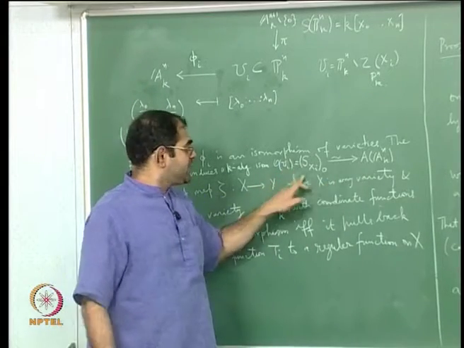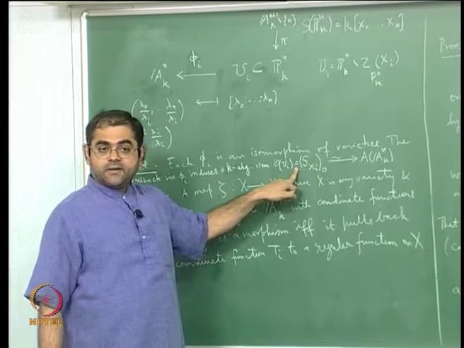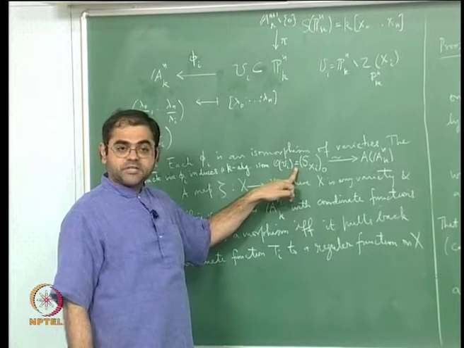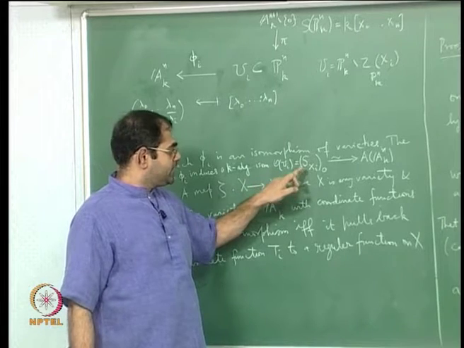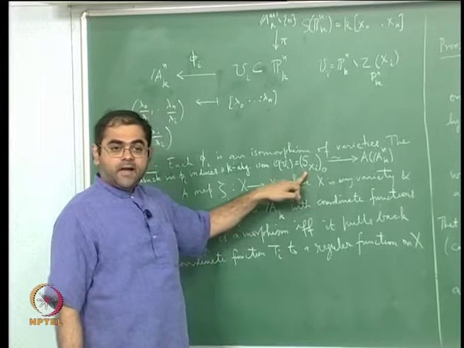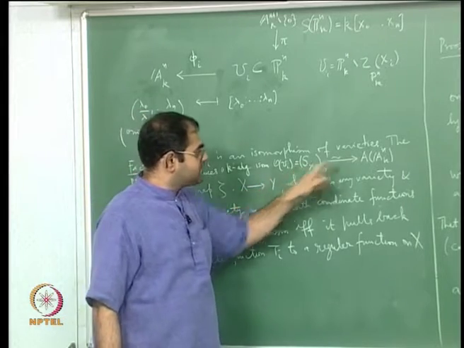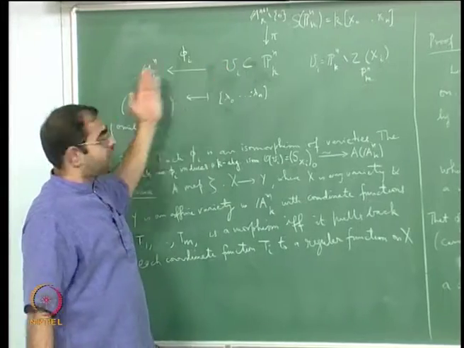You can check this equality. It involves a little bit of diligent checking that the global regular functions on ui is given by this ring, and you can also check that this map is given by the pulling back of